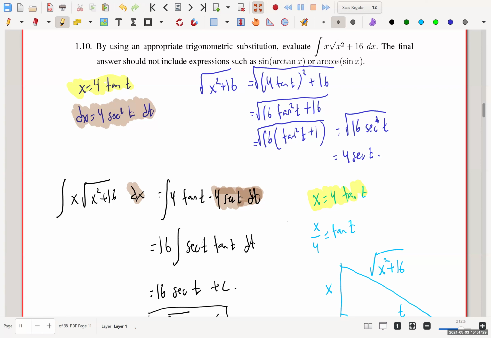Okay. So here, the square root of x squared plus 16, we plug in for x, which is 4 tangent t. We do some stuff, plug in. And then in the end, when we take square roots here, we get the square root of 16 secant squared t. The square root of 16 is 4, the square root of secant squared is secant. And now we just lump those together. So this guy here,